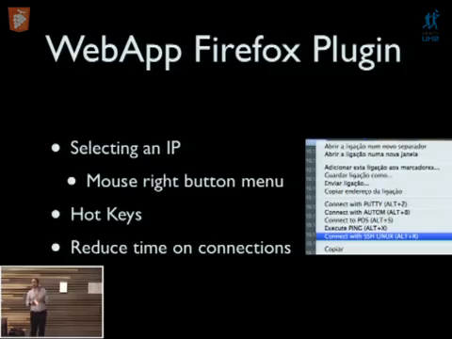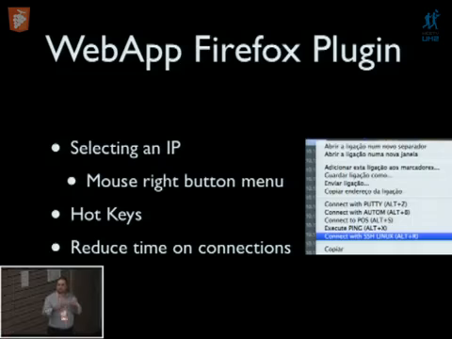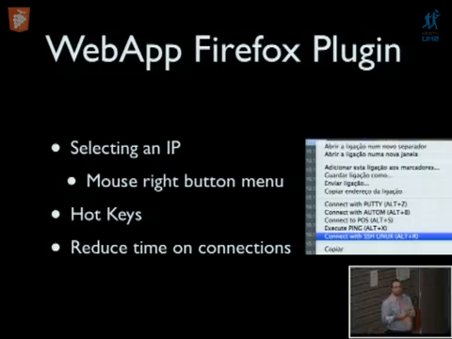So how does the plugin work? By selecting an IP on the page, I have a regex expression that extracts the IP from inside the selected string. On the right button, you can see all the hotkeys for the commands you'd like to execute.